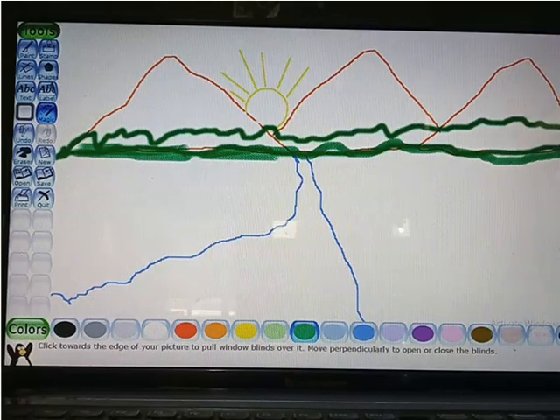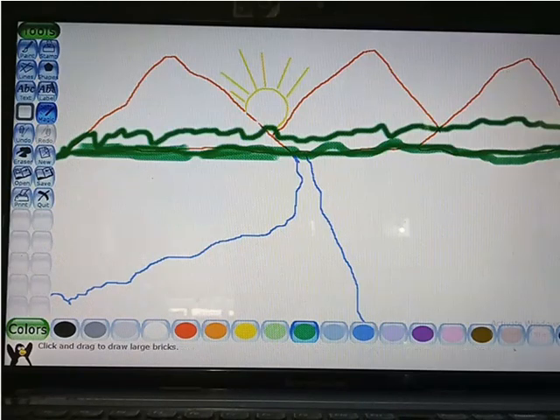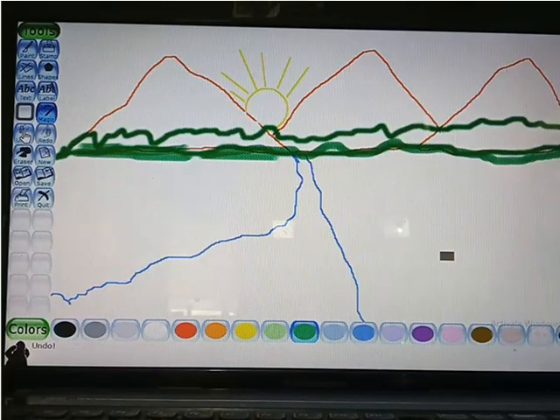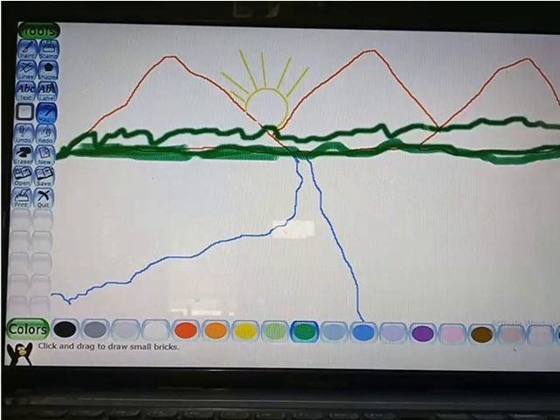Suppose I want to draw a house. For the house, suppose I need bricks. Two kinds of bricks are here, small size and bigger size. Let's choose this shape size, and I want to draw a house here. Suppose I also want a different color, so let's undo. You can choose these bricks, and suppose I need this color. So this is how you can draw the bricks and the house out of these bricks.